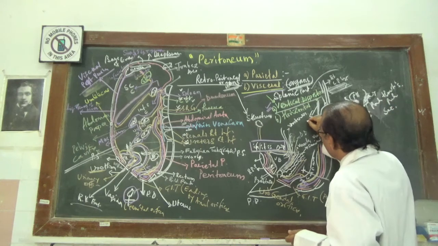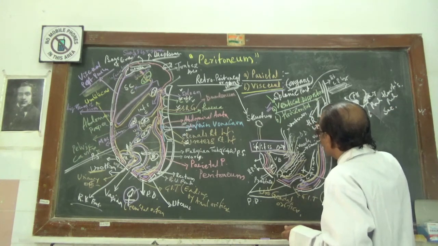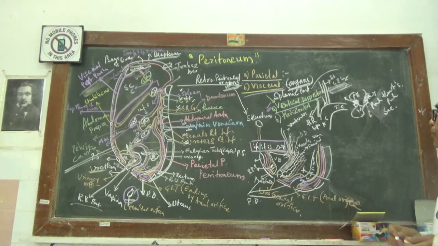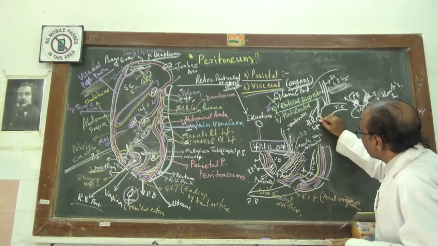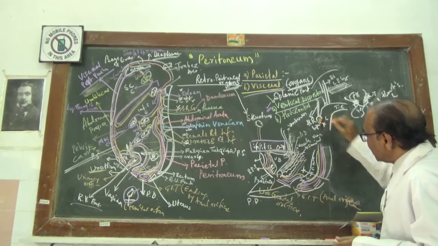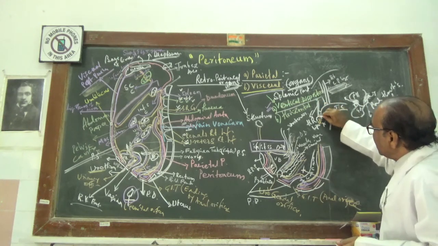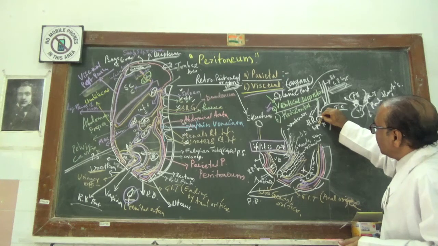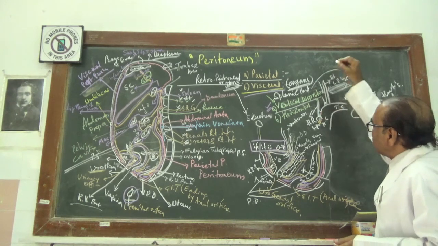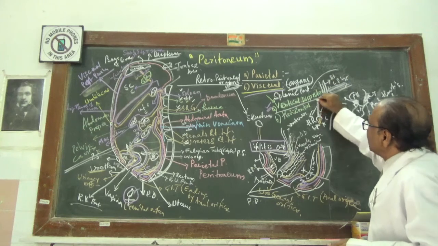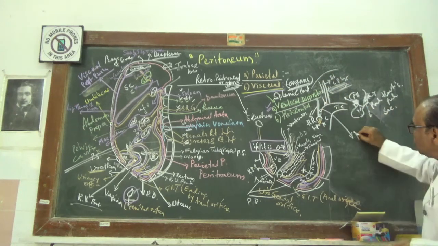Now this is called the hepatorenal ligament. This is also the vertical disposition of the visceral layer of the peritoneum. So this is called the kidney, right? Now the pouch or the area between the upper pole of the right kidney towards the medial aspect, along with the suprarenal, and then it is attaching to this. This is called Morison's pouch.